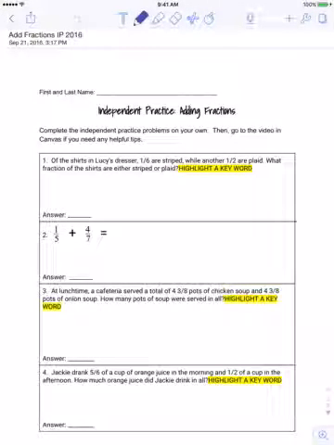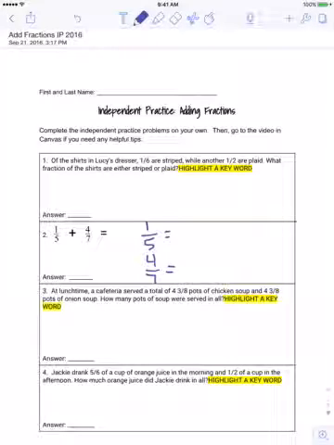All right, here is some help with adding fractions. So I'm going to do number 2 since there's no mixed number and no story problem. The first thing I like to do is write my fractions vertically so that I can find a common denominator. So I find common denominators, and we want them to be the smallest by thinking of